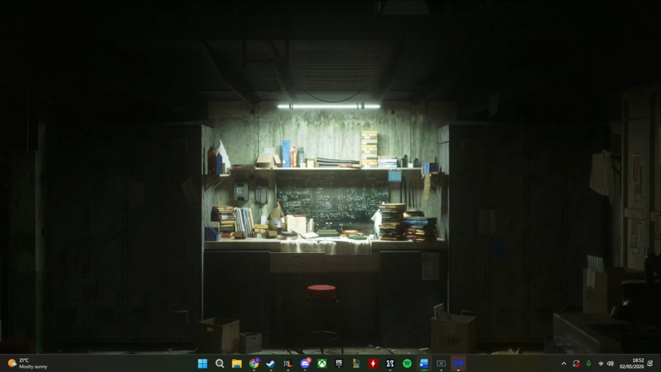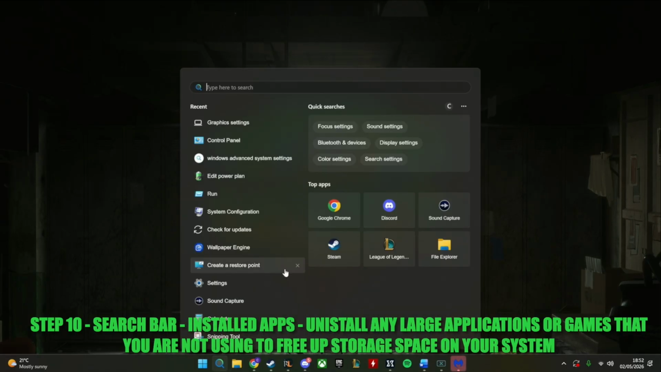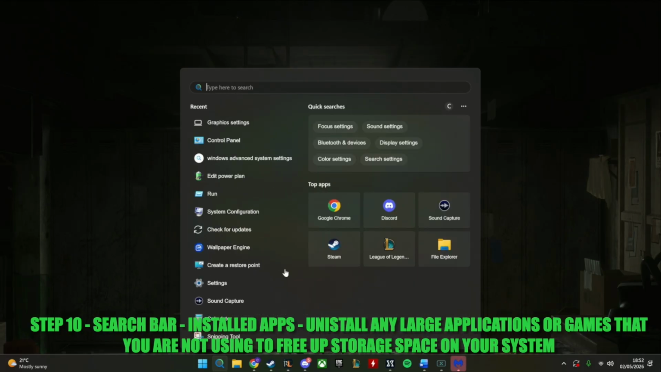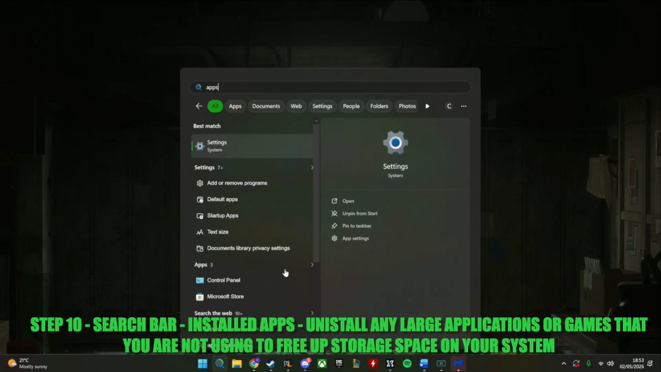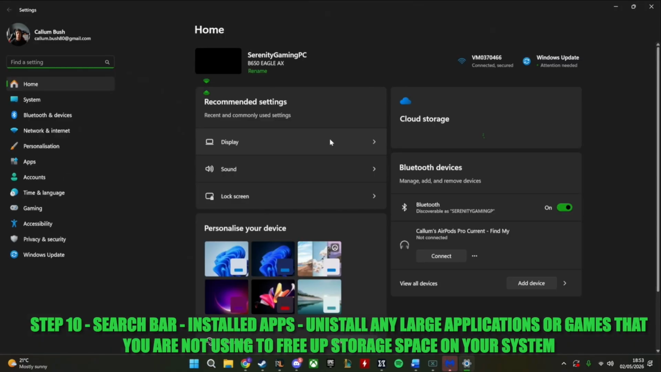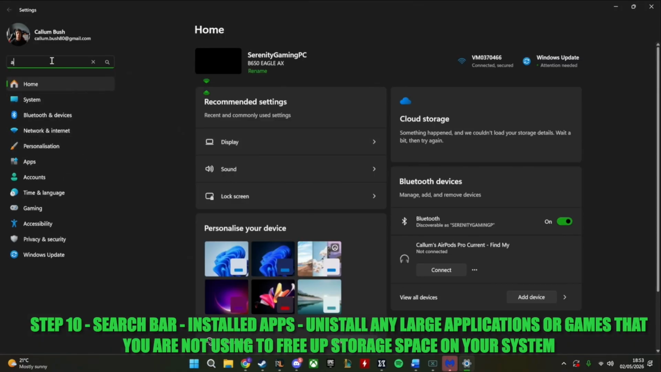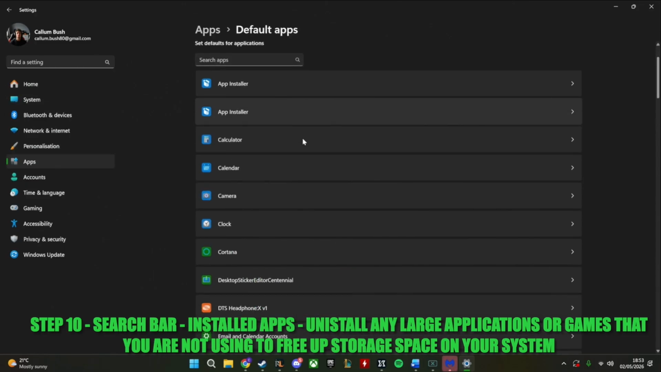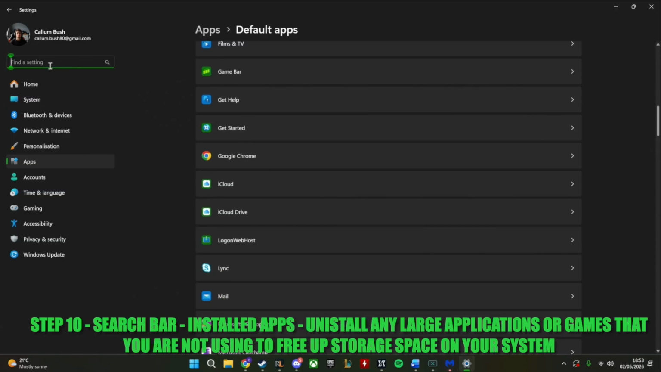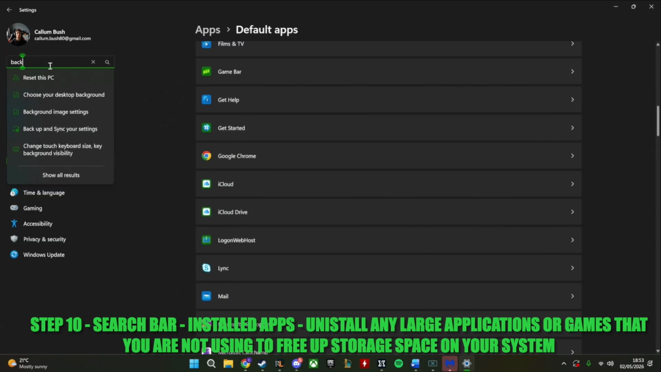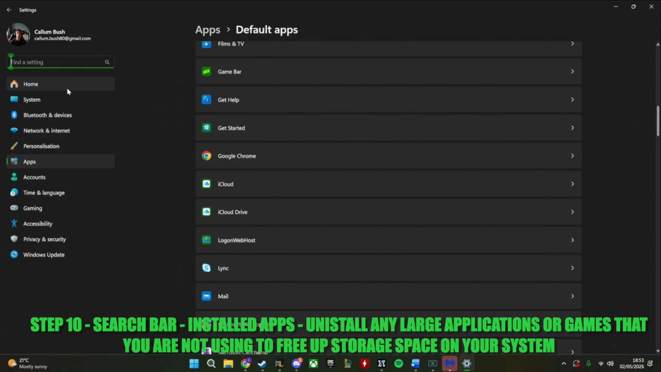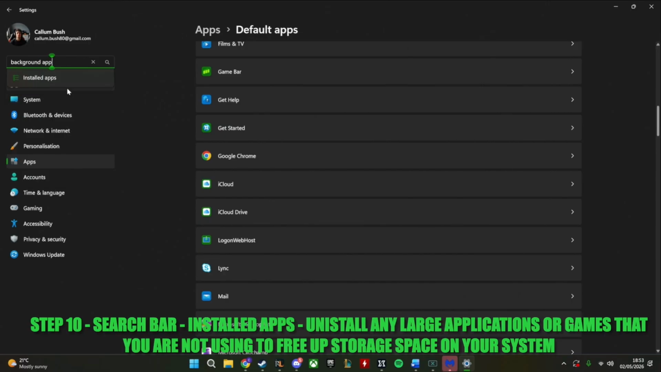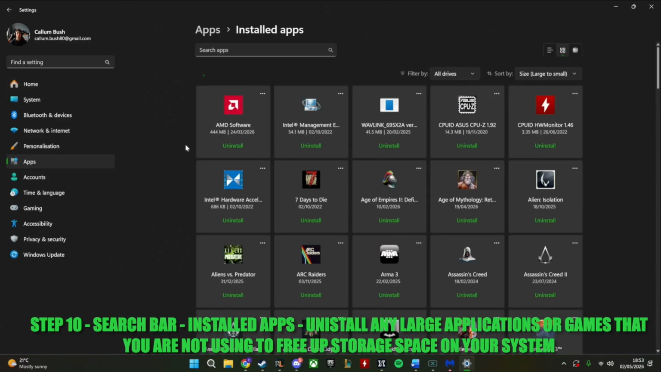Okay, what else? So step number 10 is background apps. So you want to go to settings, apps. I'm trying to find background apps. There should be a way to find background apps. Installed apps. So here